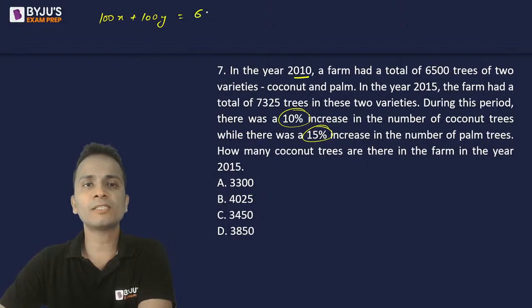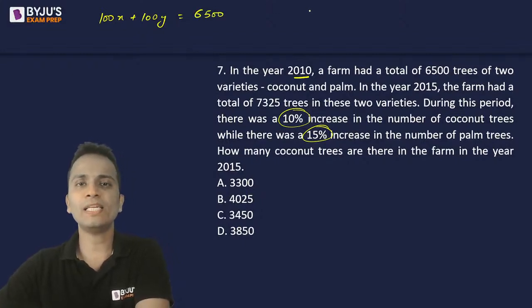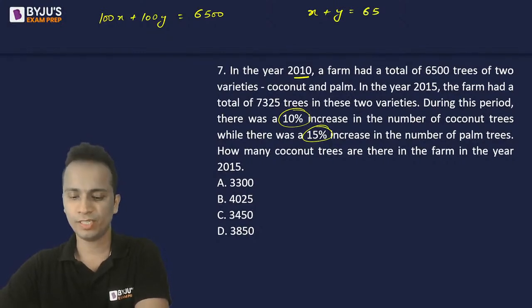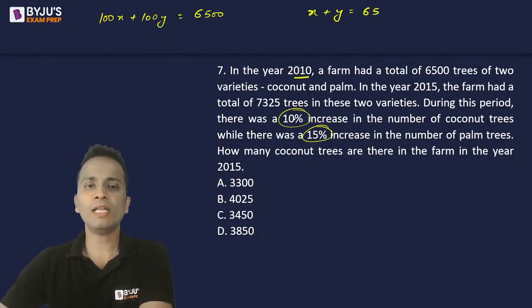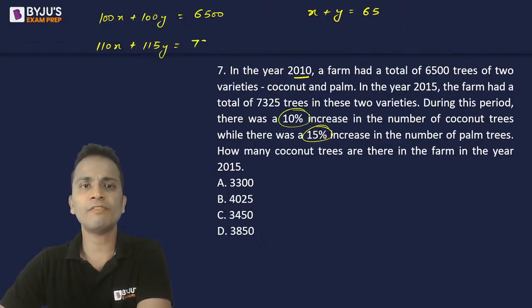Their sum is 6500. So I'll get the equation that x plus y is equal to 65. A very simple equation. Now let's increase the number of coconut trees by 10 percent. So it will become 110x, and the number of palm trees by 15 percent, 115y, and the sum has now become